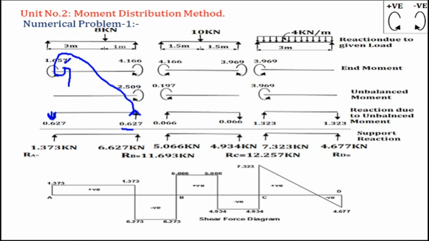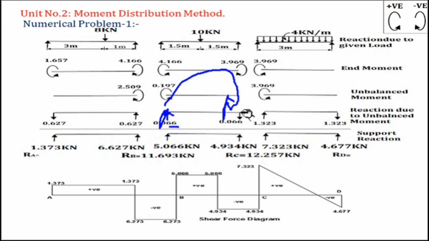This is the first case. In the second case, the unbalanced moment is 0.197 divided by span 3, you have 0.066. So first show it below the maximum one. This one is the maximum value, so show it here. And your minimum moment is this one, so it should be rotated, the arrow should be up. When it rotates, it will add here and make balance to this one. If this arrow is up, show this arrow down,